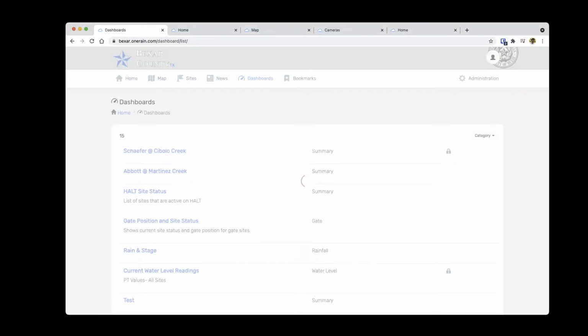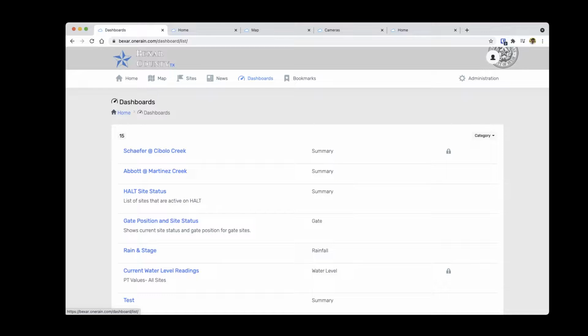And then finally, taking it the next step. So instead of looking at a site-by-site view of what's going on and driving decisions off of that, we can create dashboards within the Contrail ecosystem. And this is a great way for pulling all of the sensors into one spot to confirm what's going on out in the field. Or you can look at multiple sites all in one spot. This is great if you're looking at, let's say, a particular watershed upstream of a low water crossing, trying to decide on when to